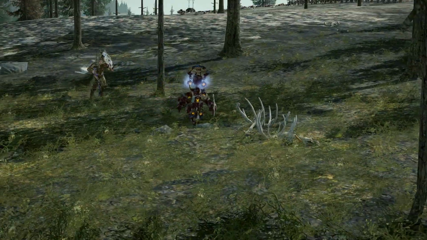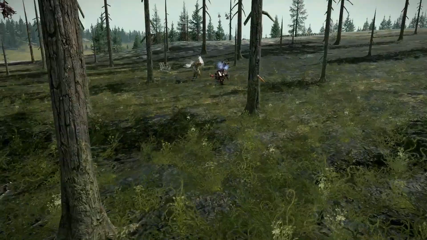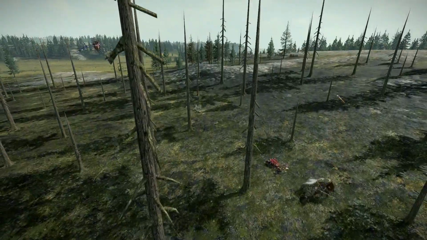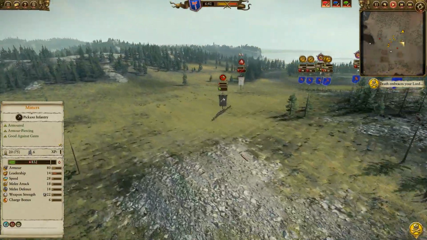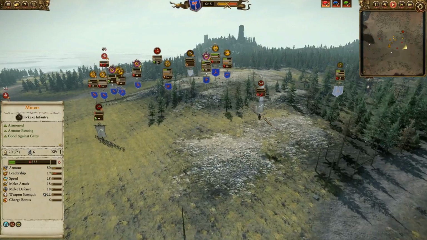Go Belgar, go! Go! Go, buddy! And boom! Unfortunately, Sigvald is far too fast, and Belgar Ironhammer is dead. Grudge. Another Grudge ready to go right there. Grudge for life. But meanwhile, he has been able to get the Chaos Sorcerer of Death, and this is a